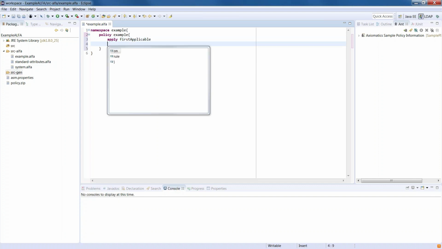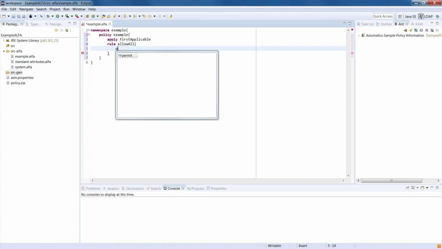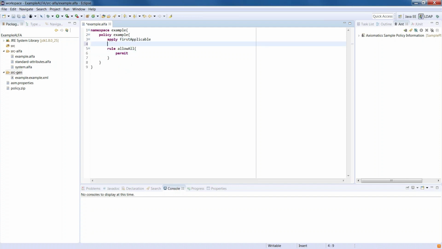And here below, I'm going to go ahead and insert my rule, and I'm going to say rule allow all. Great. And since I called it allow all, I'm going to say permit. And I think that's a pretty simple, straightforward example. That's actually the smallest policy you could write. It's 8 lines of code, and what it does is that it grants everyone access. And what you could do is add comments as well. So here you can say grant everyone access, because as we know, good documentation is everyone's friend.